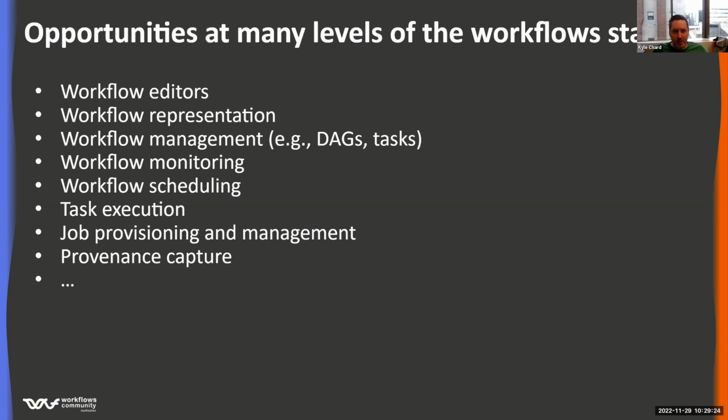So in terms of levels, I think we've seen some great success at some of the higher levels around workflow representations. We've seen some good progress in the lower levels around how we speak to resources and execution. Perhaps in the middle, there's less standardization and less commonality around how we monitor, how we manage, how we schedule workflows, how we capture provenance, et cetera. And one of the tasks I think today we should think about is which levels are appropriate for common specifications, common sharing, and how we should prioritize those levels for work in the community.